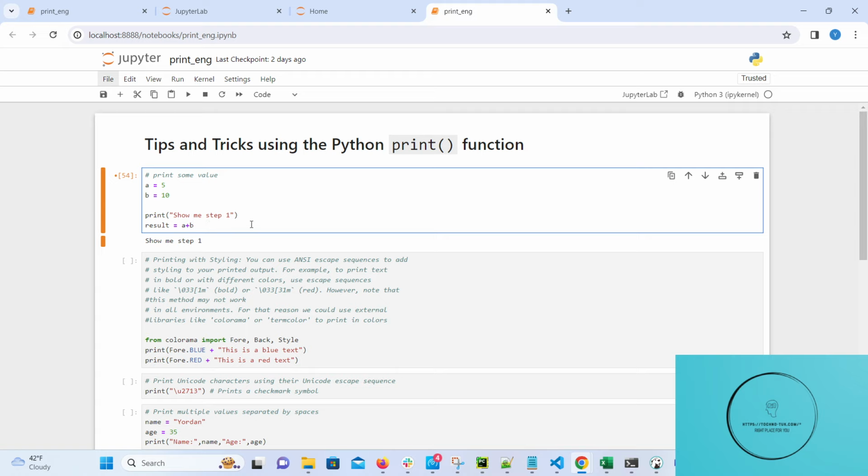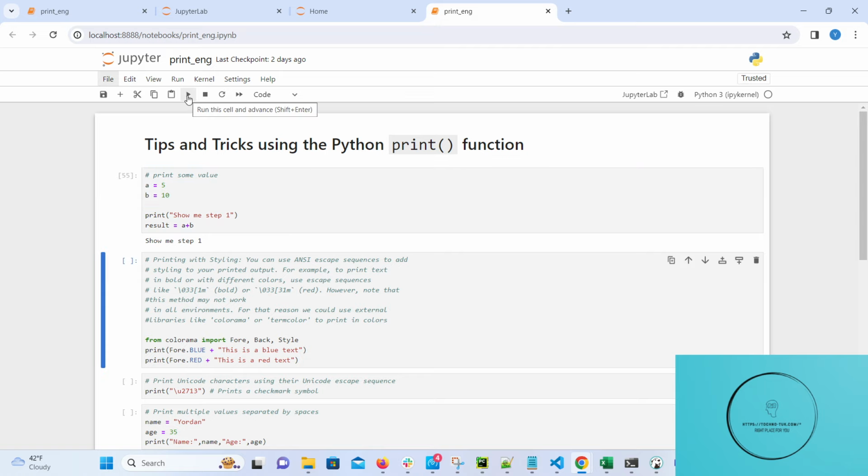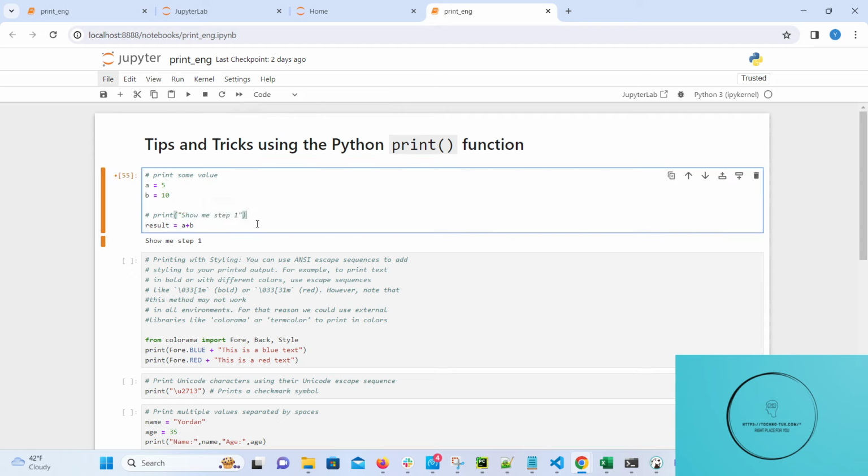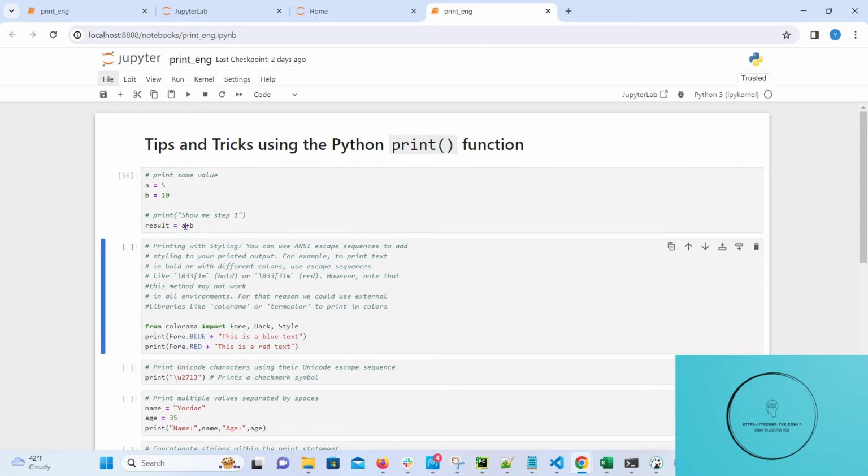And if you want to be sure that everything is going well and the first two rows of our code actually run and work fine. If we don't have a print, if I comment it out and run this cell, I will not see anything because there is no function that told Python to display something, to represent something like a result.